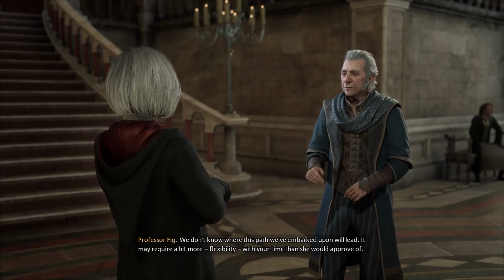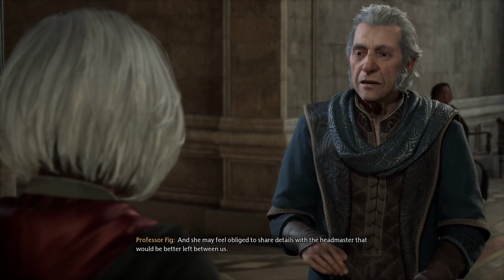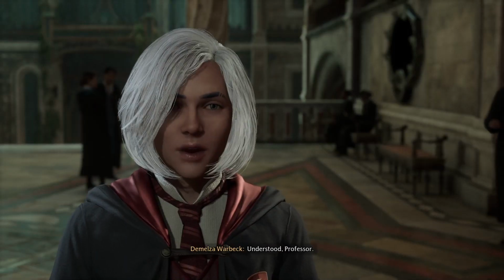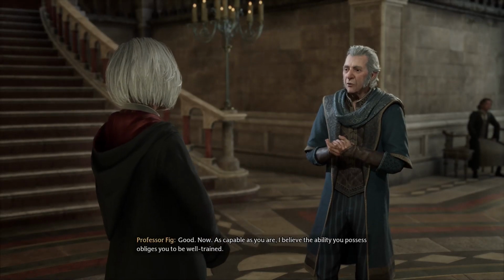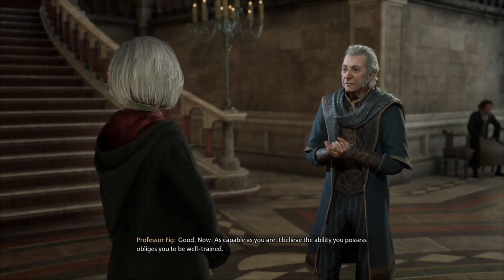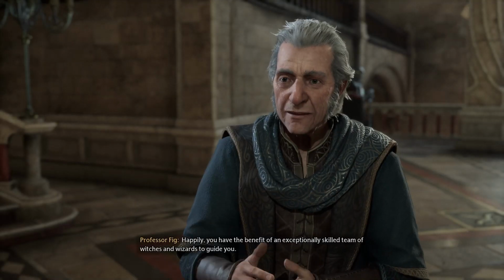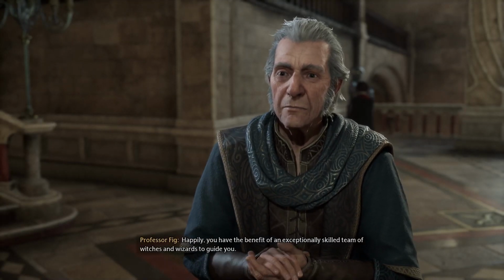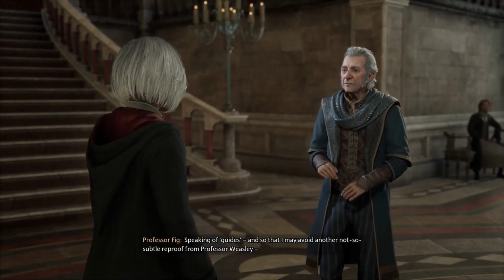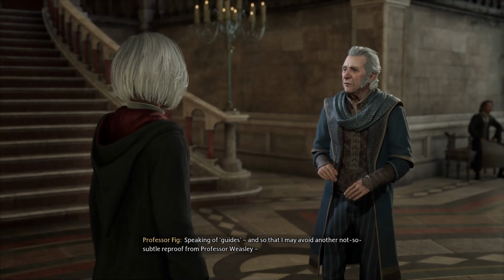Should she feel obliged to share details with the headmaster, I'm sure she'll do so, but until then, the main story would be best left between us. Understood, Professor. Now, the rumor is that you are capable, and I believe the ability you possess obliges you to be well trained. Happily, you have the benefit of an exceptionally skilled team of witches and wizards to guide you. Speaking of guides, and so that I may avoid another not-so-subtle reproof from Professor